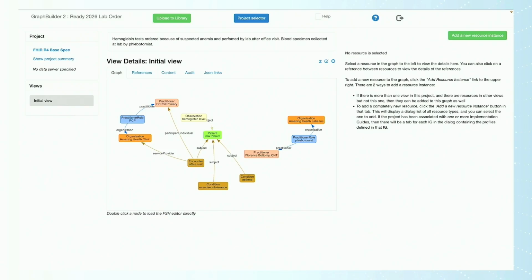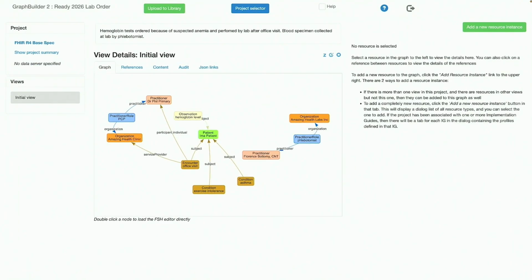The labels are not actually data. Now, adding new resource instances. This is how you would start if you had a blank screen, or how you can add instances of resources to a scenario. Number 7, use the green Add a New Resource Instance button in the upper right corner to